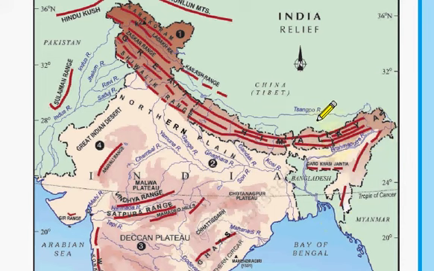The second type of division of Himalayas is based on rivers. So the region between Indus and Satluj is known as Punjab Himalayas, and it is now also known as Kashmir or Himachal Himalayas. From Satluj to Kali River, the part of Himalayas is known as Kumaon Himalaya, and from Kali to Tista River are known as Nepal Himalayas. From Tista to Dihang River, they are known as Assam Himalayas.